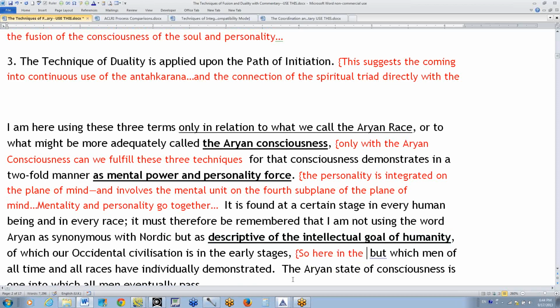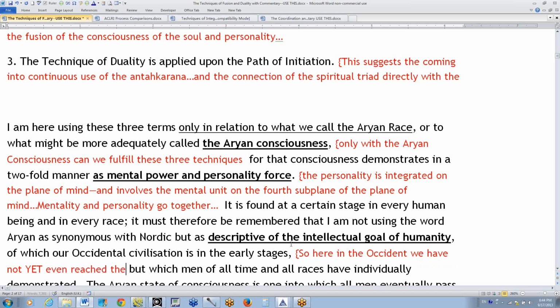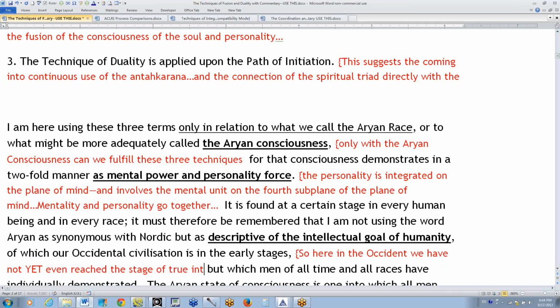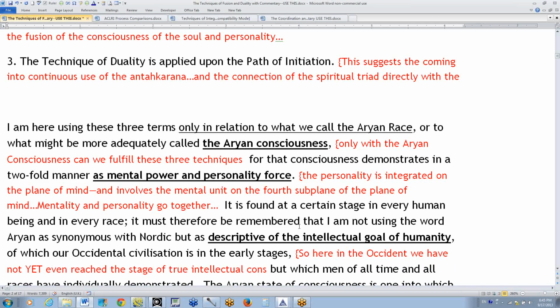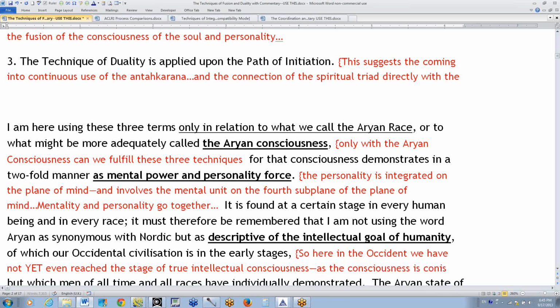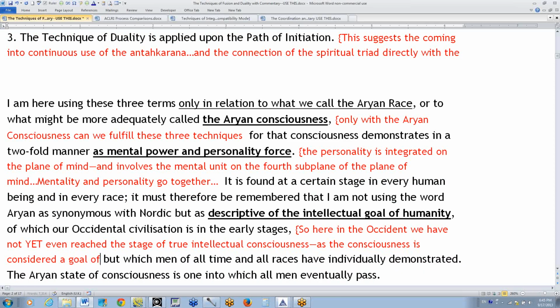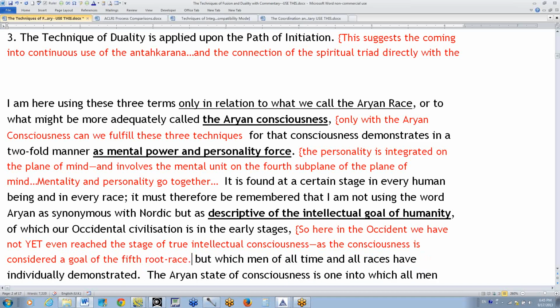Here in the Occident, we have not yet even reached the stage of true intellectual consciousness, as that consciousness is considered a goal of the fifth root race, but which men of all time and all races have individually demonstrated. Now we're talking about a wider possible demonstration, which will come to fruition during this fifth root race, but in